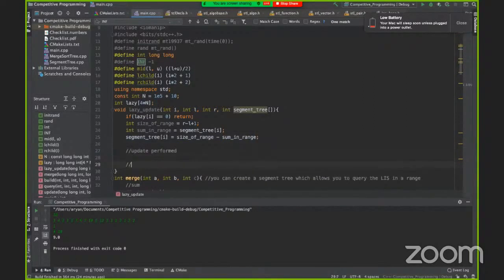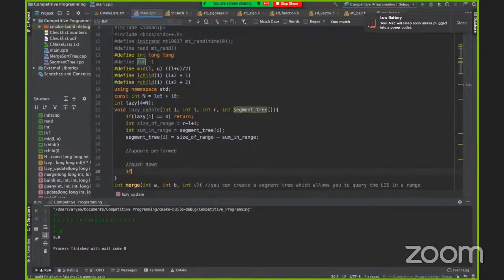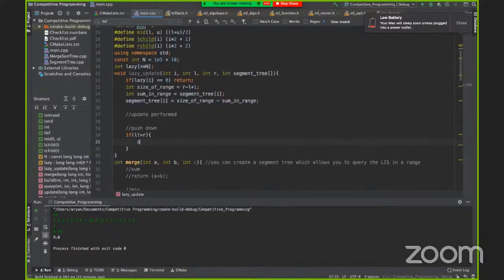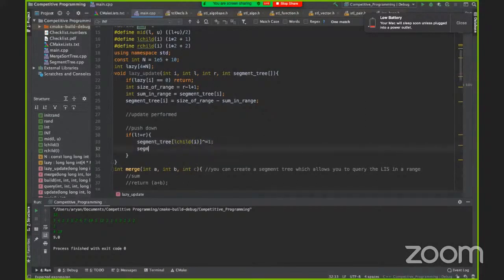Now we need to push down. If L is not equal to R, otherwise if L is equal to R it doesn't have children. But if L is not equal to R, then segment tree at the left child gets XORed with 1 and, oh, not segment tree, I'm so sorry. Don't make this mistake, I do it a lot.